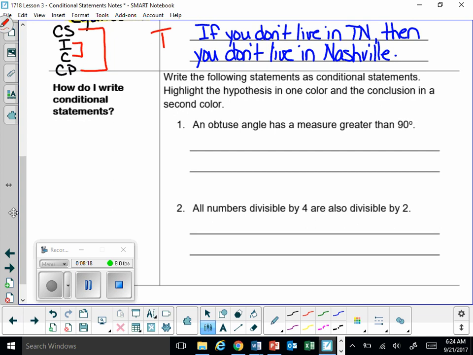So now let's take a look at some different conditional statements. We're going to write the following as a conditional statement, and then we will highlight the hypothesis in one color and the conclusion in another. So an obtuse angle has a measure greater than 90 degrees. If an angle is obtuse,